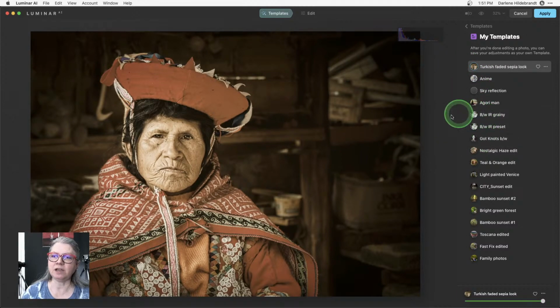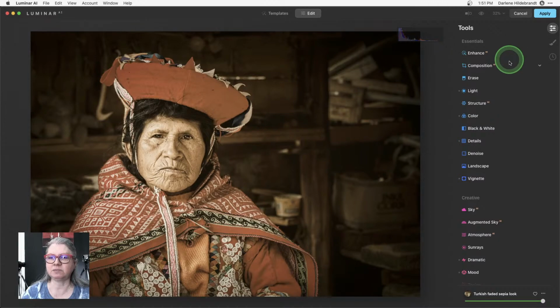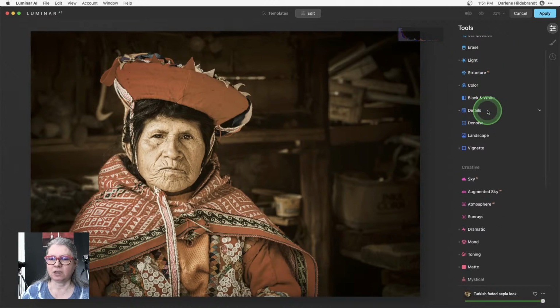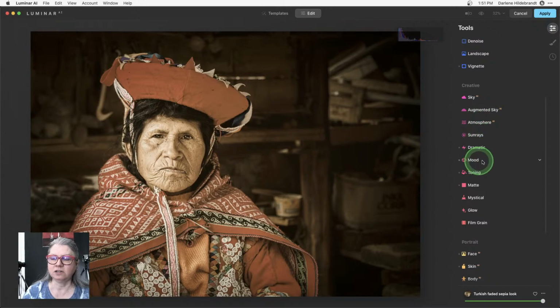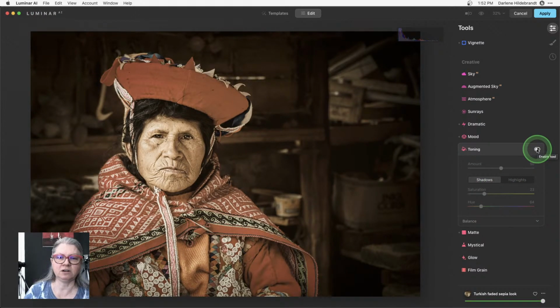So even when you apply these templates, you can still go and edit them. Remember that anything that's been applied has a dot next to it. And the one that's giving us this color is twofold. It's under toning, which allows me to do something like split toning. In Lightroom, it used to be called split toning, and now they call it color grading. Same kind of idea here. You can affect the shadows or the highlights. I've affected the shadows with a yellow tint. You can see what it's doing there, which gives me that sepia tone look.